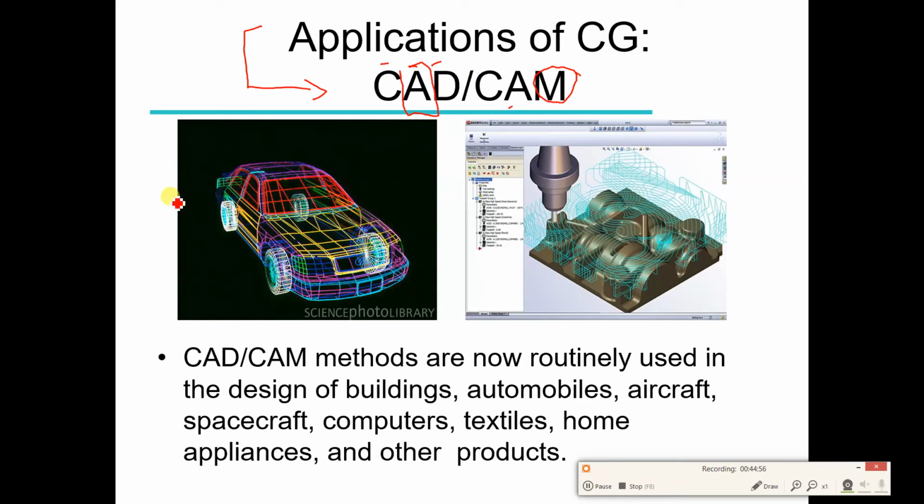For example, if you want to design a car, then it is a good idea to have some software by which we can design a car, and then we can look at the model of this car on the screen from different angles. We can perform rotation, we can perform scaling, we can change the orientation of the car, we can rotate 360 degrees, and then if some modifications are required, we can perform this